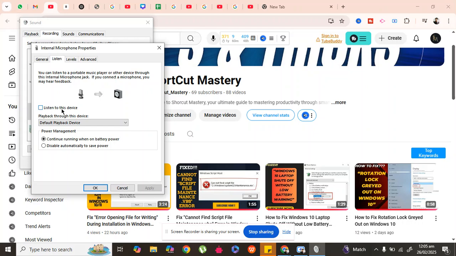And in the listen tab, I check this option, listen to this device. By checking this, I can listen to this microphone. Then you click on apply and then okay. After checking this, you have to uncheck this option as well. As you can see now, I am unchecking it, and then I select apply and then